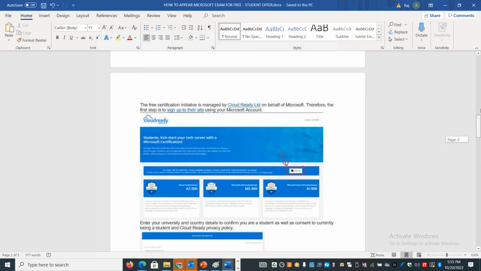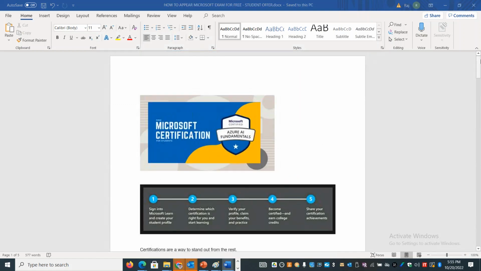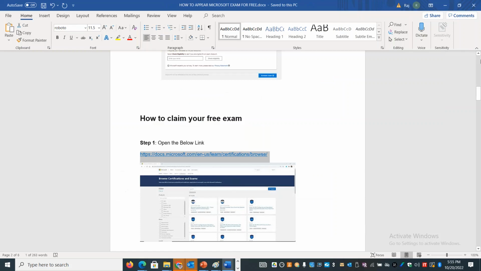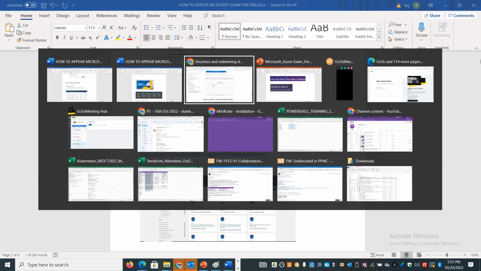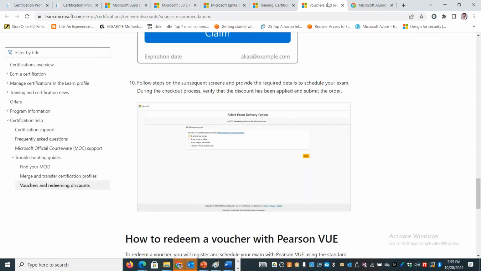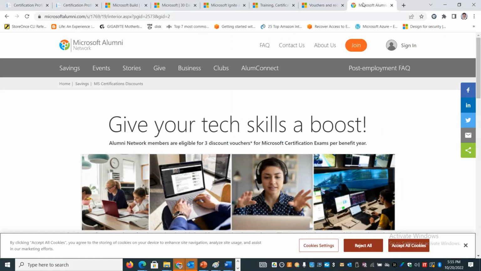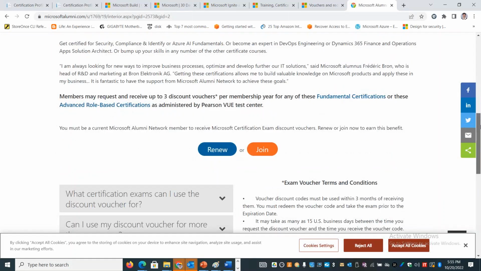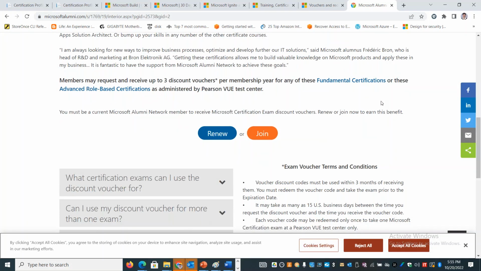Even if you are a student and you don't have any official email IDs or corporate credentials, you can also appear for the exam for free. Okay, there is more than one method. You can follow any of these methods to get the voucher for free. The last option that I want to explain is around alumni and Microsoft Certified Trainers. Even for them, if they are part of the employment, they can appear for 3 exams, I guess. They will get 3 discount vouchers for every membership year, and they will be able to take the